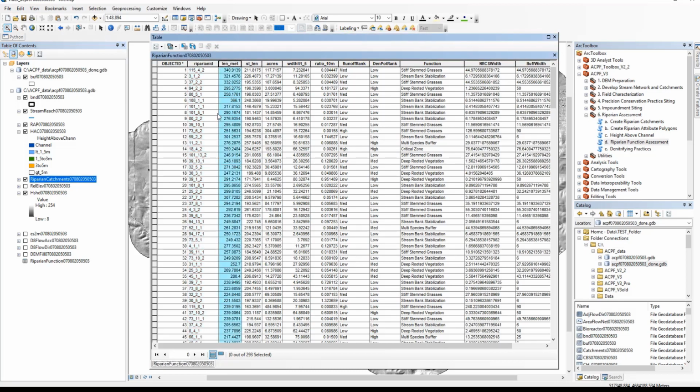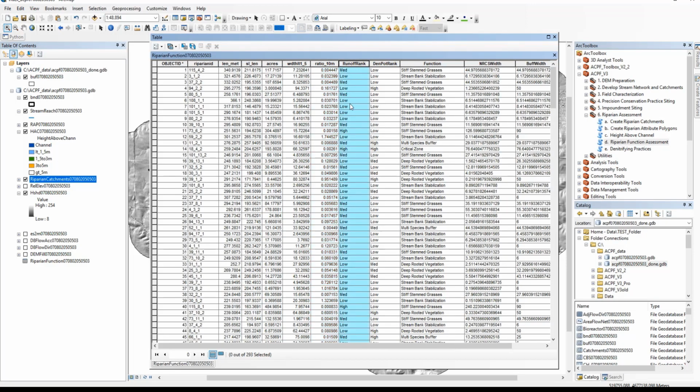In this table, the stream segment length is carried. The straight line length is also carried. The acres of that riparian catchment is there. We have the average width of a low height above channel elevation, and that's less than 1.5 meters within the riparian zone. We have the ratio of the area of a 10-meter buffer divided by the local runoff.